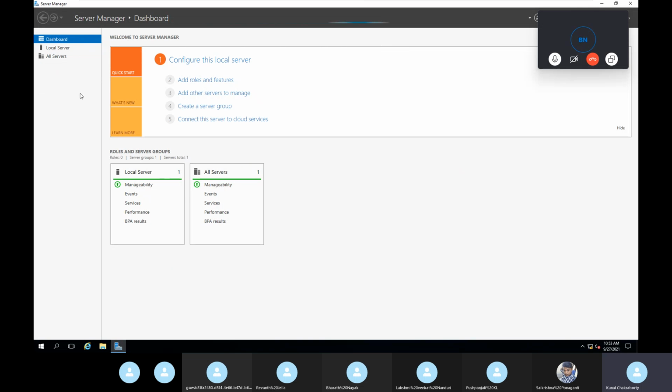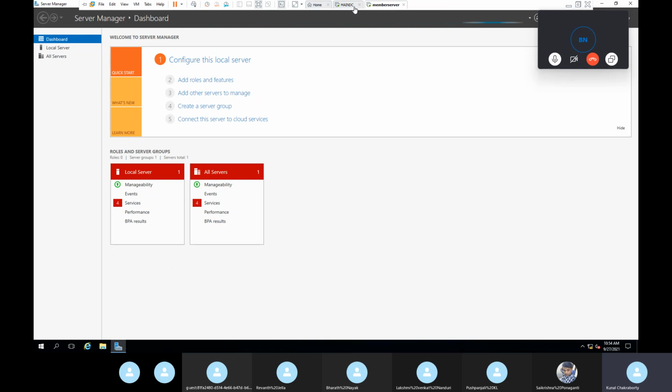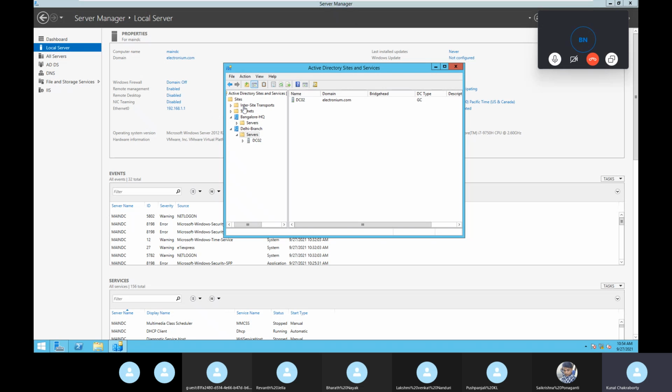अभी भी काम खत्म नहीं हुआ. It's not connected together. Main DC and DC02 are not connected. That means if I change anything in main DC, it will not replicate in DC02. Or if I change anything in DC02, it will not change in main DC. Because it's not connected. We need to create a site-to-site link. Then only there will be communication.